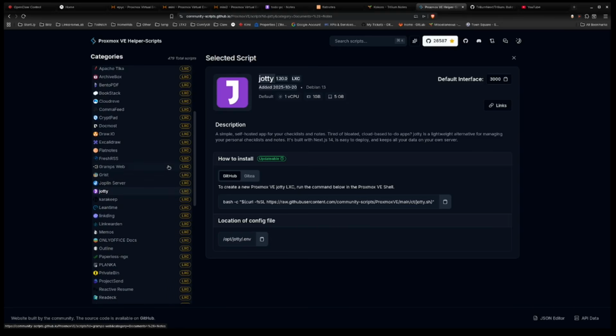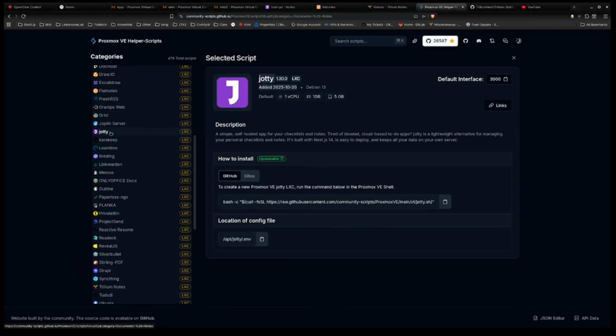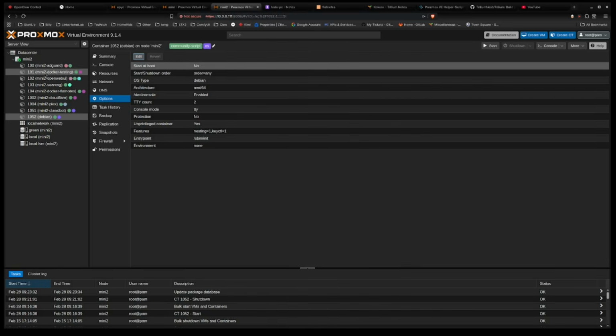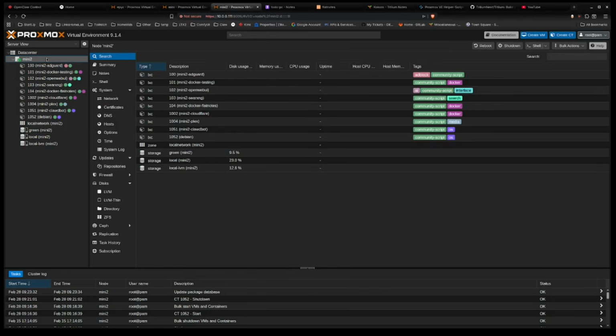So I'm going to go down here and I'm going to get Jotty. All I have to do is click. Now, if you're doing this a different way, I'll put some links to the GitHub page or whatever, because you can install it in Docker or something like that. In this demo, I'm going to just install it the way I would consider the best. So I just copied that